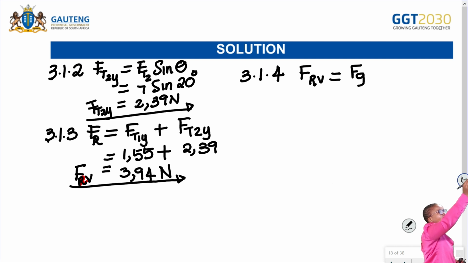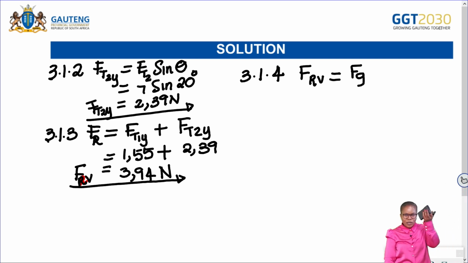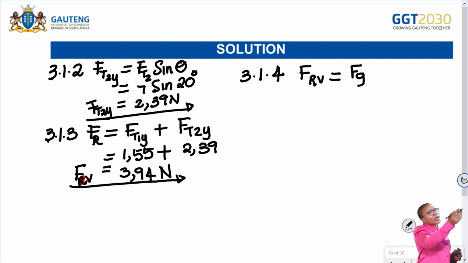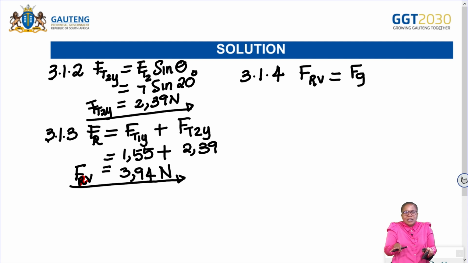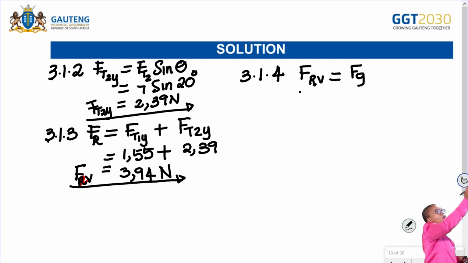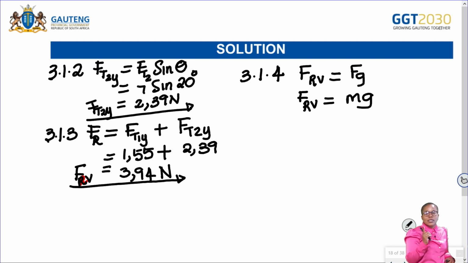FG, which is going downwards, okay? What is the value of our FRV? Before we even get into the value, let's try and expand. What is FG? Okay, we know FG is equal to mg. Now, let's go into our substitution now that we know that FG is equal to mg. So FRV is